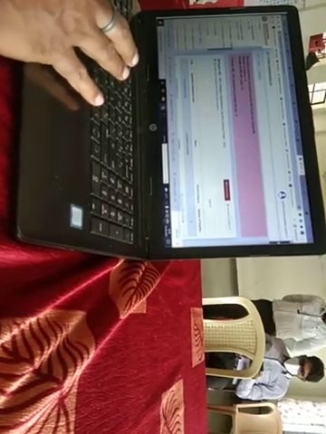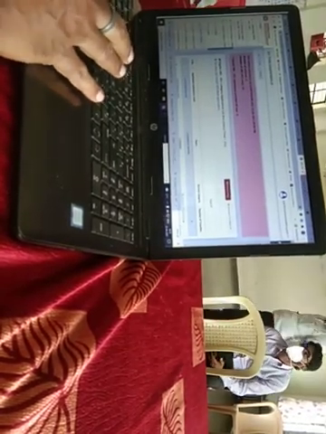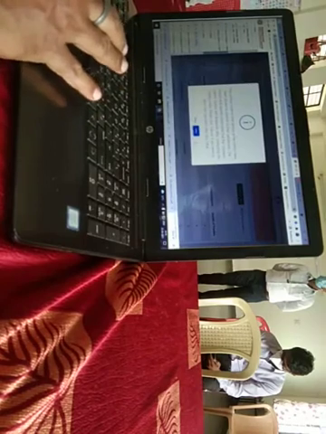Then OBC non-creamy layer category lottery. Total 254 applications we have received, but 22 seats have been reserved for OBC non-creamy layer category. So this is the list under OBC non-creamy layer. Now I will conduct the lottery. Confirmation.